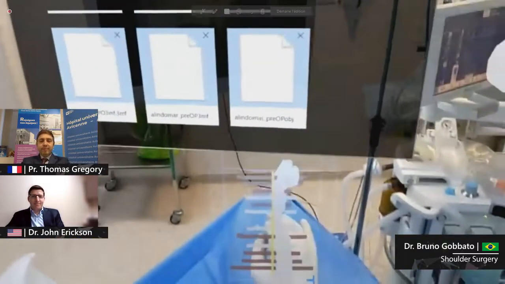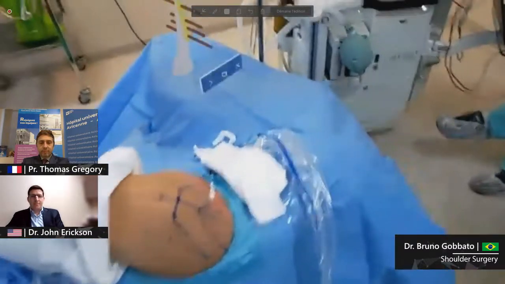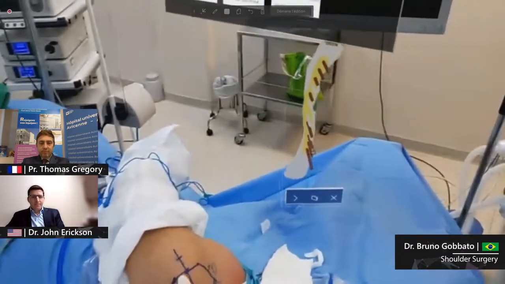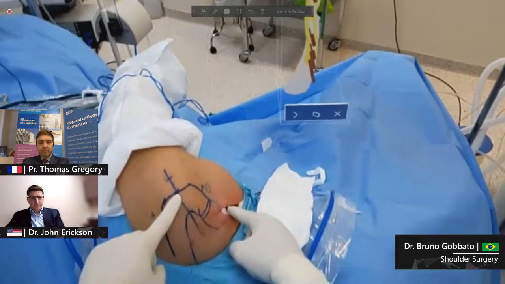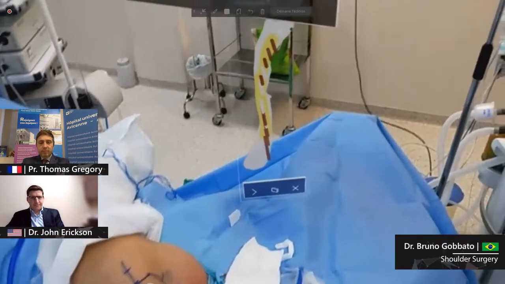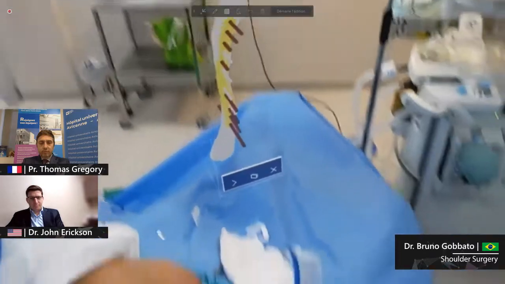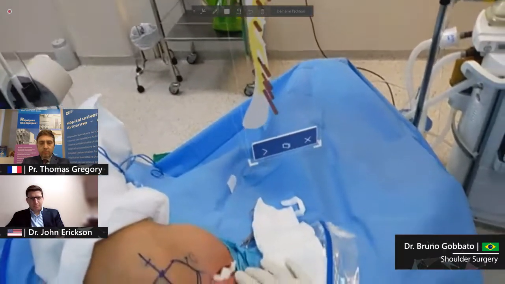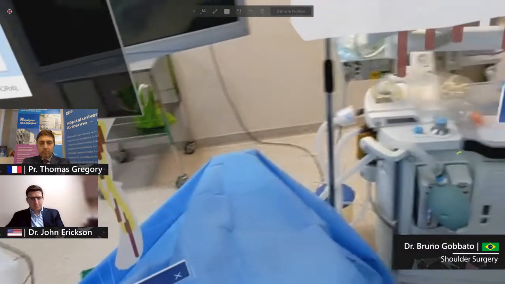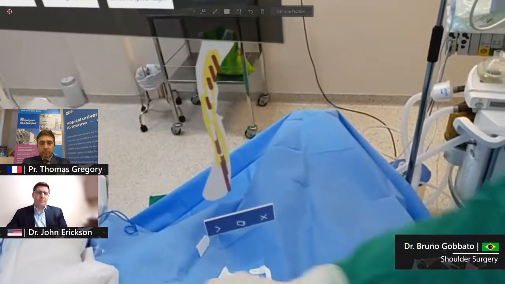So I think you already have the model here. The patient is in lateral decubitus. This is the coracoid process, the anterior part of the clavicle, the posterior part, and we're going to follow the screws to remove them. We already have done the approach here. There is nothing different from that. When the camera is ready, we're going to just remove the